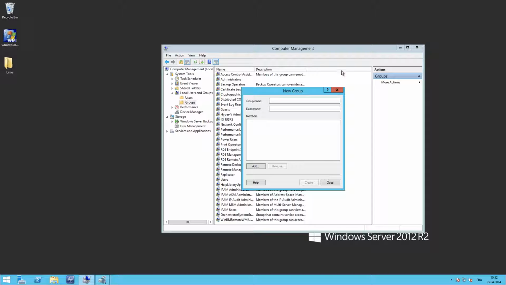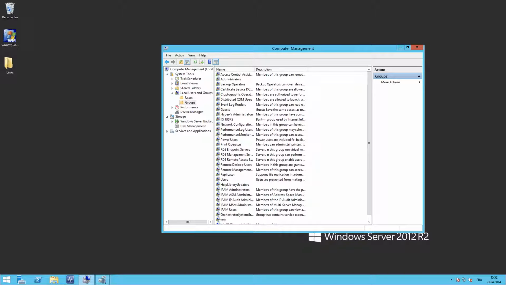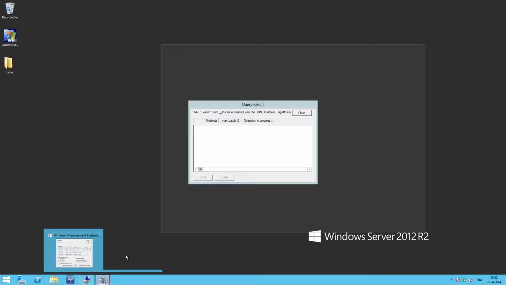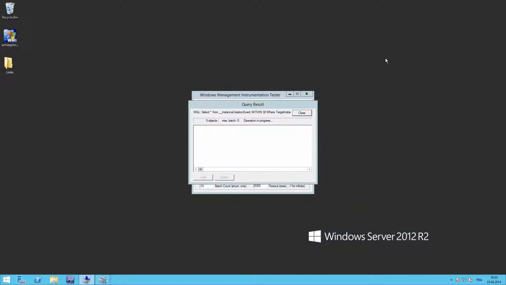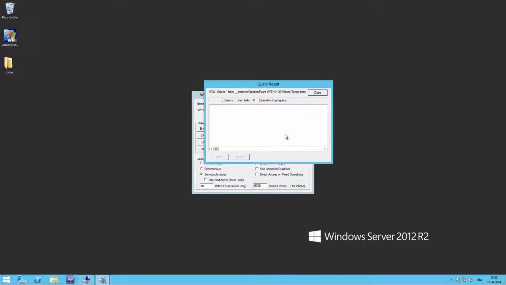hit enter, and return back to the tool. Let's close this window and wait a few moments. And here you see an event is triggered. Select this event, click twice,